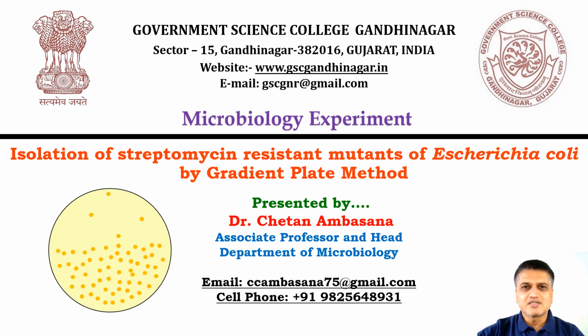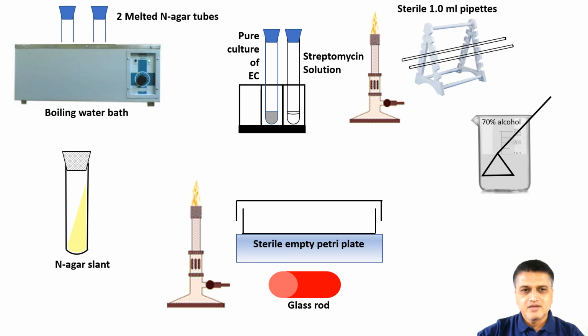I am Chetan Ambasana. Today I am going to show you how to isolate streptomycin resistant mutants of Escherichia coli by gradient plate method. We must perform this experiment within the area of an aseptic condition generated in between flames of evenly spaced two